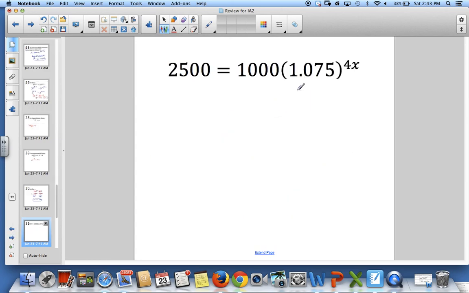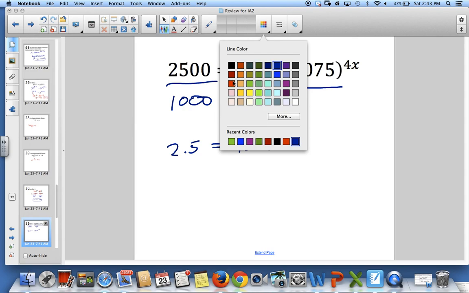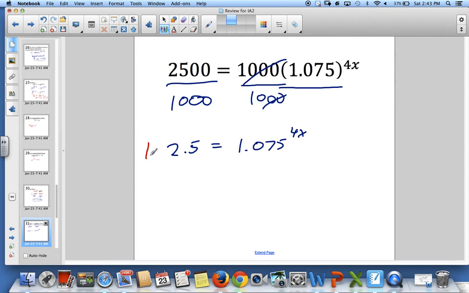This one here is a little trickier because we have this 1,000. Before we take the log of both sides, let's get rid of this 1,000. So I'm going to divide both sides by 1,000. These are going to cancel, and over here 1,000, and I got 2.5 equals 1.075 to the power of 4x. And now I take the log of both sides. And you can do natural log if you want, but I'll do log for this one. Either one works. So I do log of this, and then that becomes log of 2.5